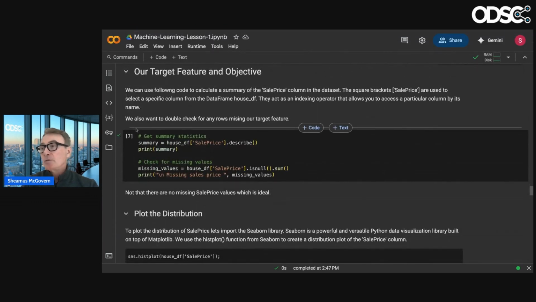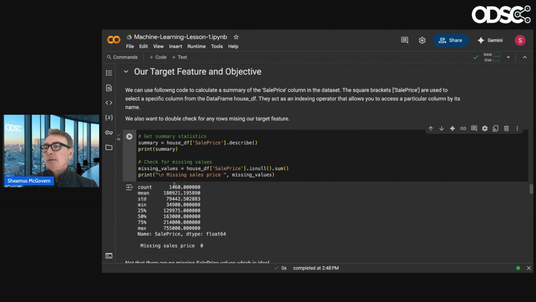One feature we need to look at very closely is our target feature, because we don't want any missing values there, and I don't think we have, because apart from the one header row, we have 1,460. And again, it's telling us a lot of information here, because we see the mean price is 180,000 and the max is 755,000 and the minimum is 34,000. So I can tell straight away this is kind of an old house data set, because in most parts of the US, and I think this came from just a suburb in Chicago, these house prices are way out of date. So just by looking at the bottom quartile and the top quartile, I can say, is this a good data set or not?